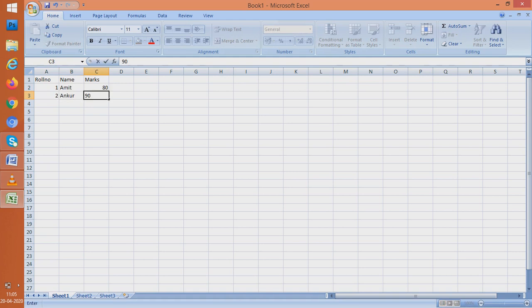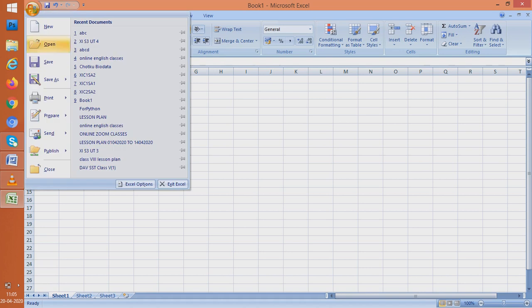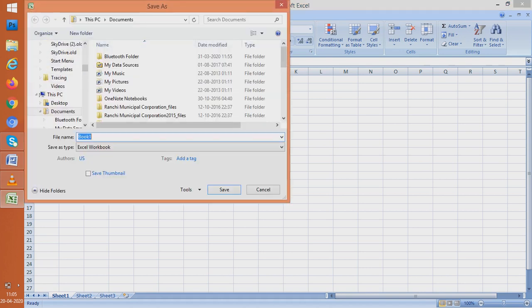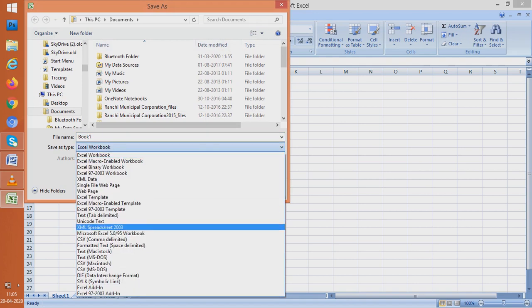So in this example what we did was I have created a file. The file is an Excel file. But when I go to save it, I will choose an option. The option is I want to save it as CSV file, comma delimited CSV file.